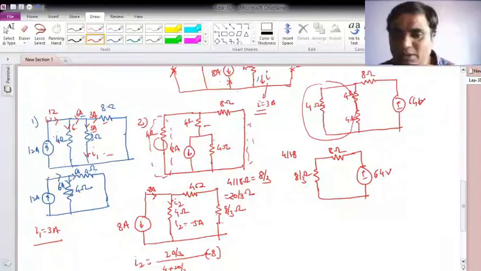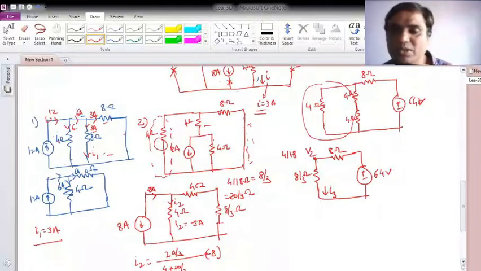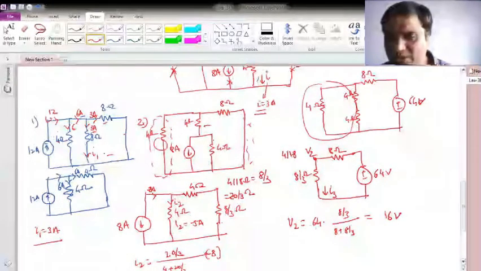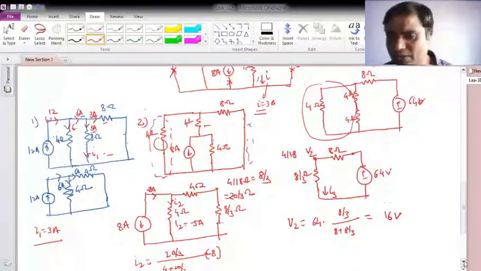Okay, now I would like to obtain this current I3. To do this, I should know what the voltage is here. So suppose my voltage is V2 here. This voltage V2 can be obtained as, again, this total voltage I know. So you can use the voltage divider here. So V2 will be 64 into 8 by 3 over 8 plus 8 by 3. So this is coming as 16 ohm. Okay, 3 cancels, 32 and 8 by 32, and this is 64, right? So 16 volt it will be.